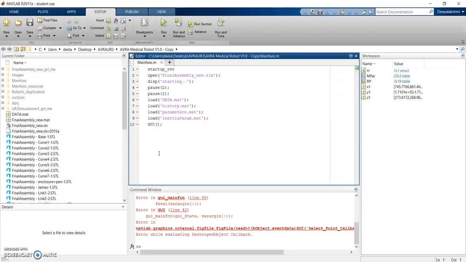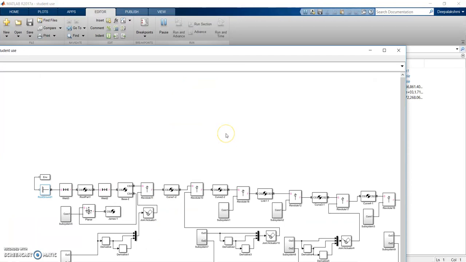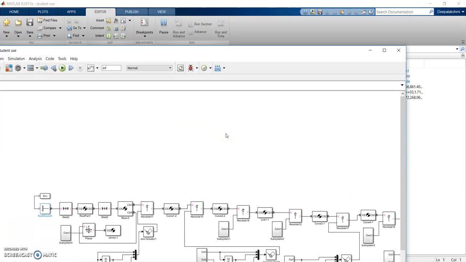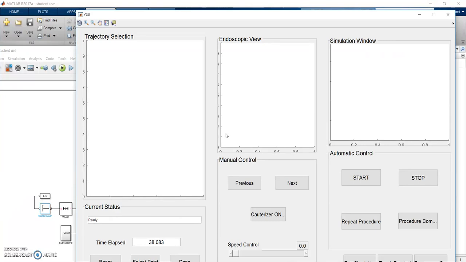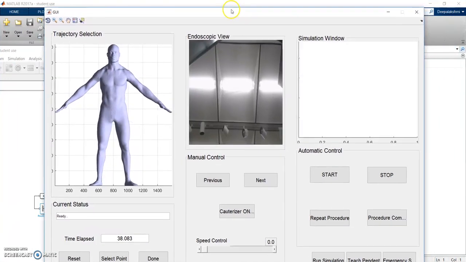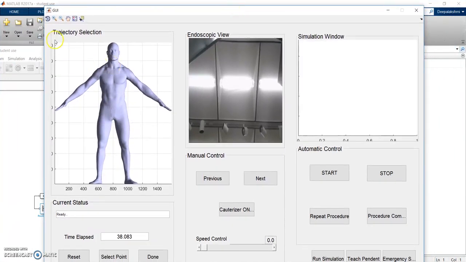This program basically calls the GUI to pop up, and it also initializes a few parameters and variables. So the first step would be to run this program and wait for the GUI to pop up. So once the GUI pops up, you will get to see the trajectory selection, the endoscopic view, and the simulation